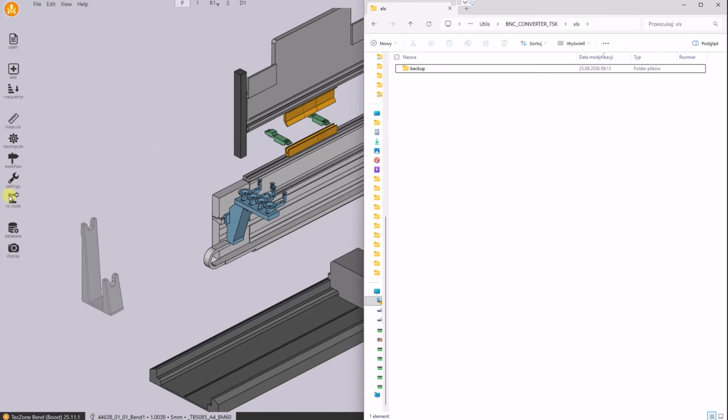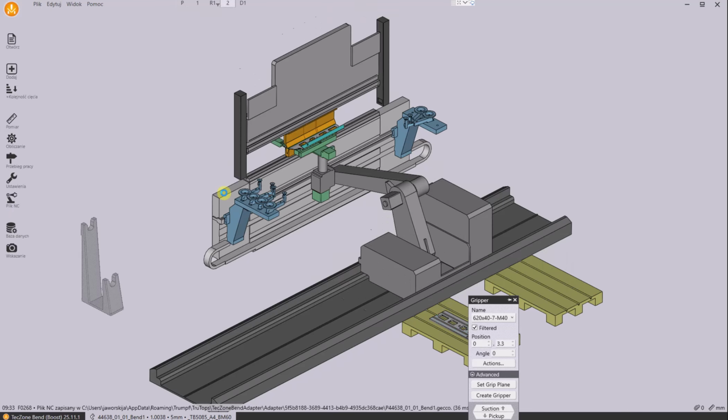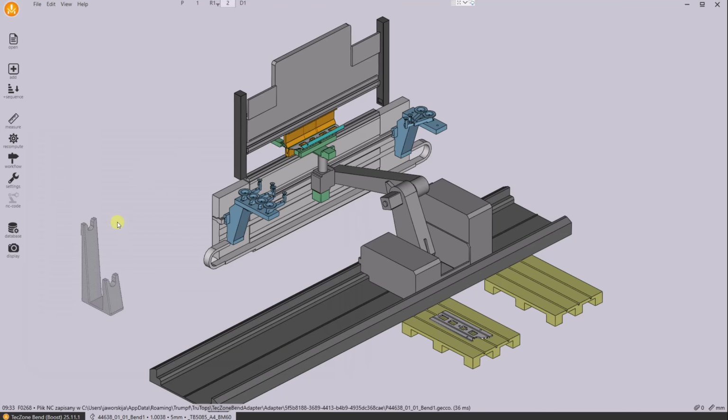folder, and now I start the NC code. Let's try. Zack. It started my conversion program for one or two seconds, and now in the folder where we created our text file of the result,